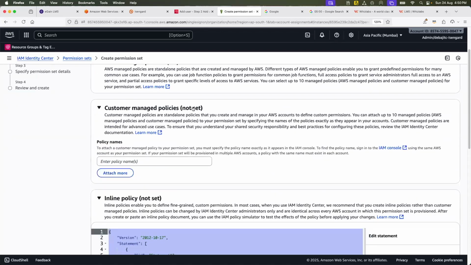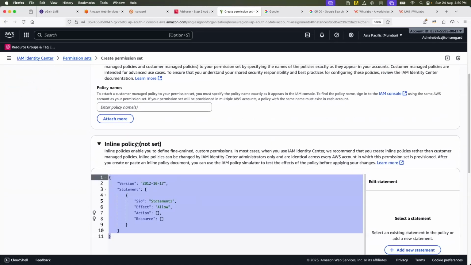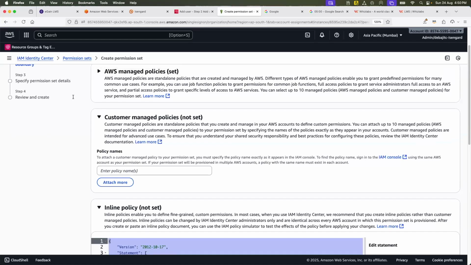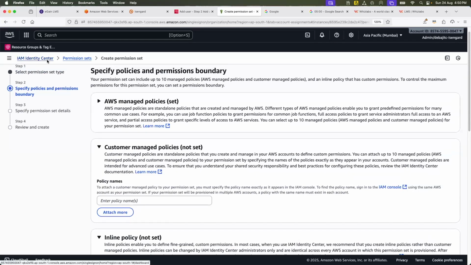Custom managed policy is not set right now, but if you have any policies already, you can get them from the IAM console. You just need to remember the policy name and attach it here. That means if you create a policy in traditional IAM, you can use that policy here as well. Please remember, this IAM Identity Center is a part of IAM, but it is not fully IAM.